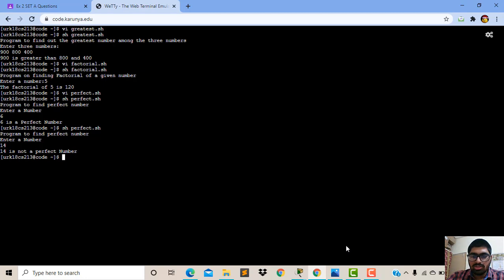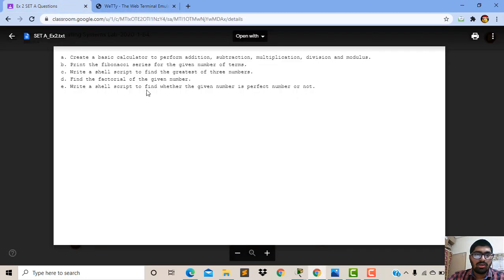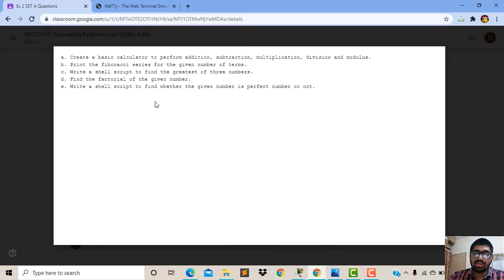These are all the shell script questions. We have seen how to create a basic calculator to perform addition, subtraction, multiplication, division, and modulus. We have seen the Fibonacci series and how it executes with the for loop and while loop.